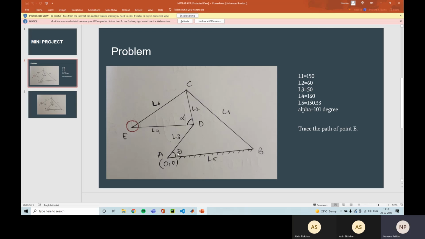When we rotate AD, we need to trace the path of point E. We are given L1, the follower, as 150, L2 60, L3 50, L4 160, L5 150.33, and angle alpha is constant, that is 101 degrees. So let's see in MATLAB how we are going to do that.